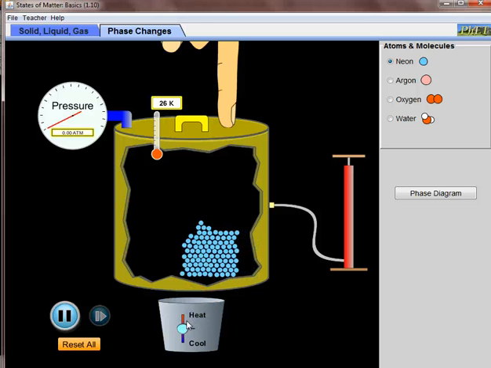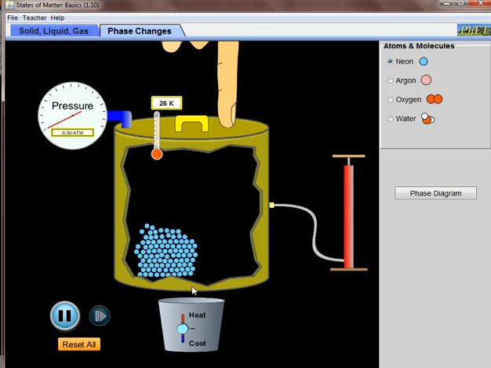Yeah, now it is turning into liquid. As you increase the temperature, their kinetic energy increases. They are moving much faster. That is the kinetic energy,